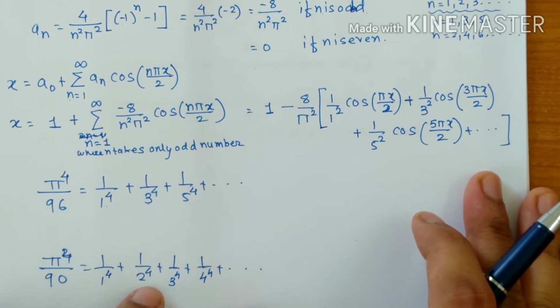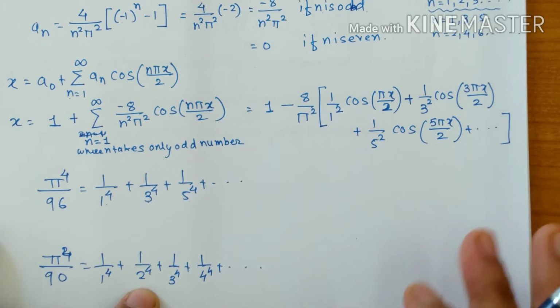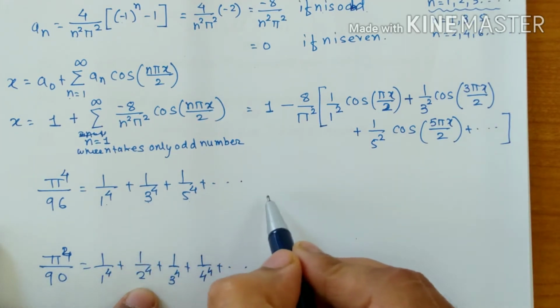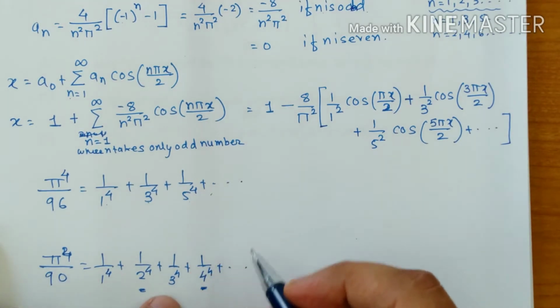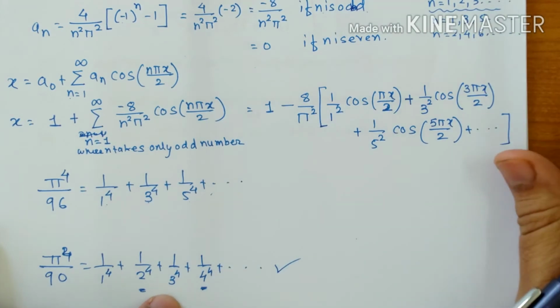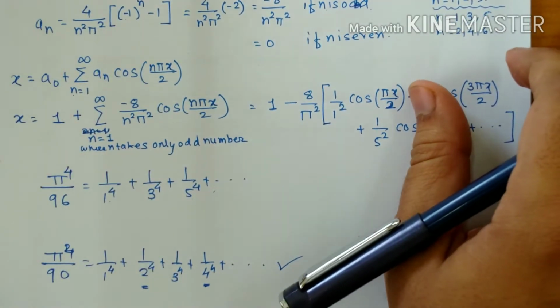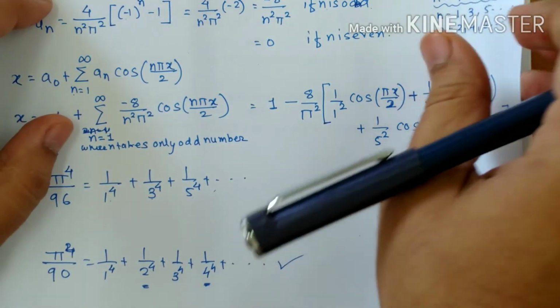But the question comes for the second statement or second deduction. Why? See, here we have the odd place terms 1, 3, 5 like that. But here we have even terms also, 2, 4, 6 like that. That is 1 upon 1 raised to 4, 1 upon 2 raised to 4, 1 upon 3 raised to 4. That means these terms are added somewhere here. So we have to think very carefully while proving the second one. Okay, so that's why I told this problem is important from the deduction point of view. Okay, now move to the deduction.